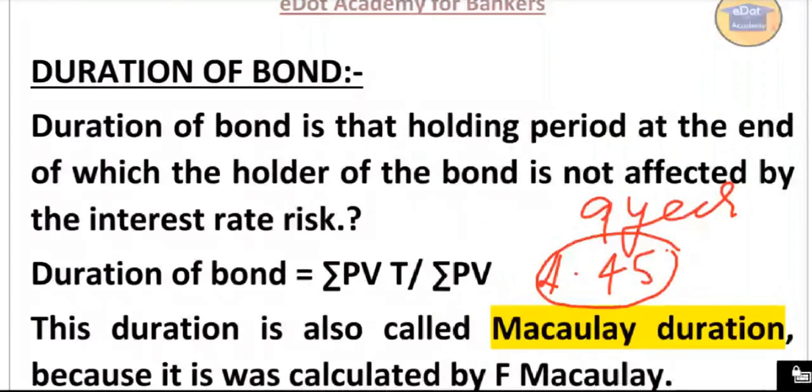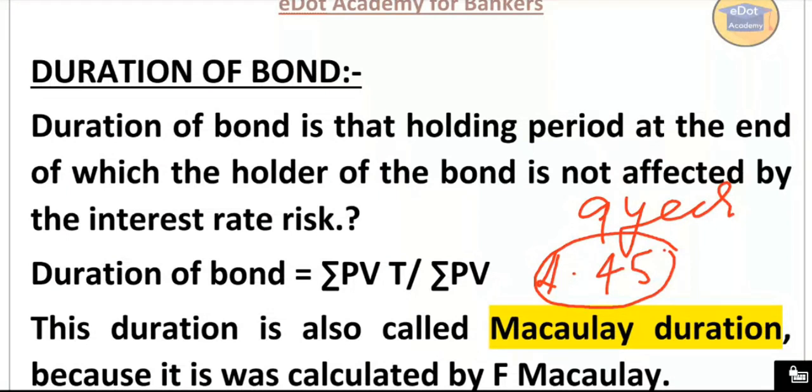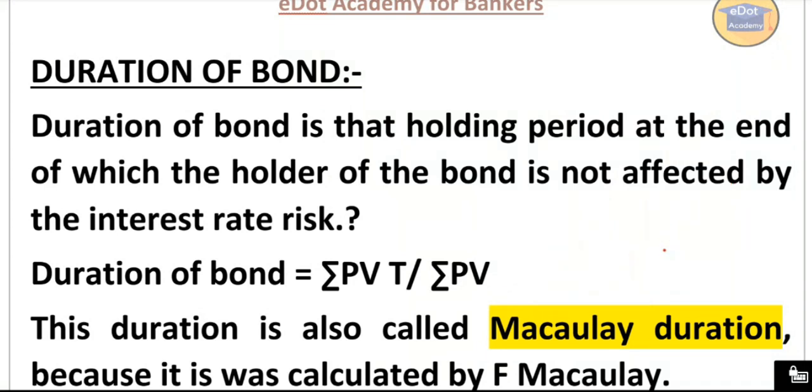So I'll say the duration of the bond is nothing but the break even point up to which the holder must hold the bond, so that after that interest rate risk is reduced. After that, there will be no interest rate risk after the duration of the bond. So I'll say duration of the bond is the minimum period for which the bond holder must hold, so that he does not have any loss on the bond. Next, coming to how to calculate the duration of the bond, there is one formula written here.